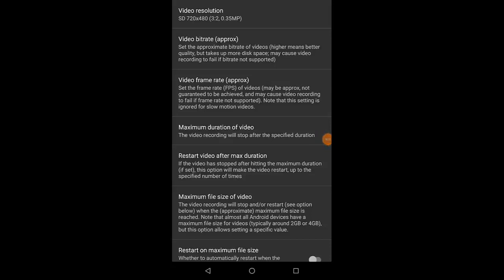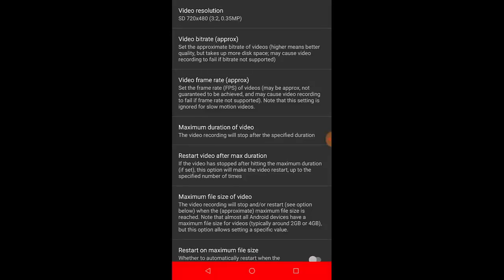So the reason that I changed a lot of the settings on here was to compress the video so the file would be as small as possible while still having a decent picture. And the reason for this is because the upload size on Knowledge Forum is limited. Right now it's around 15 megabytes. So after modifying these settings, a 1-minute video is usually around 5 or 6 megabytes, which is a relatively small